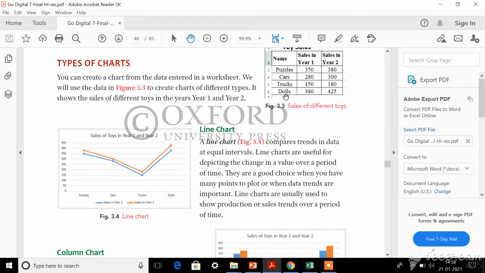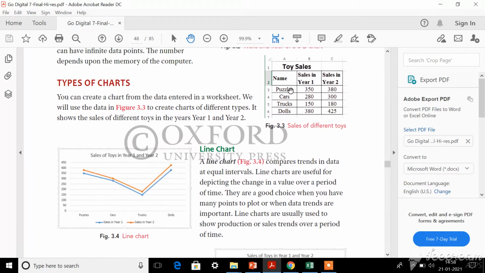Look here dear children, in figure 3.3 you can see this is a part of an Excel worksheet. They have created a table for toy sales. Four different types of toys are mentioned: puzzles, cars, trucks and dolls.